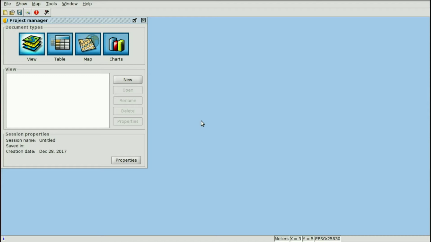In this video and the next one, we are going to create point shapefiles from a table. The first one will be from addresses, and the next one from coordinates. For this, we are going to use the geocoding